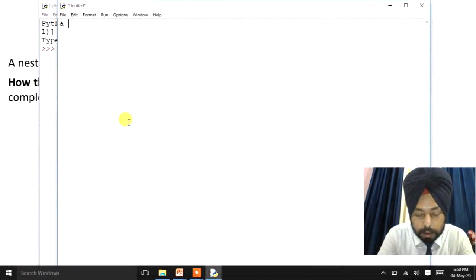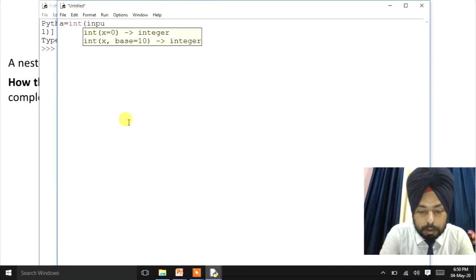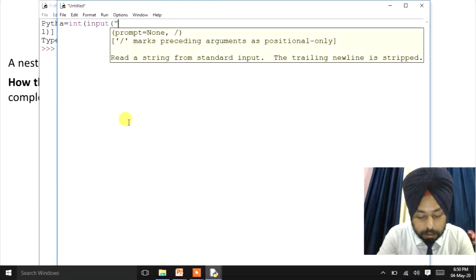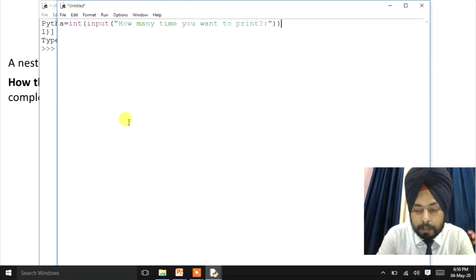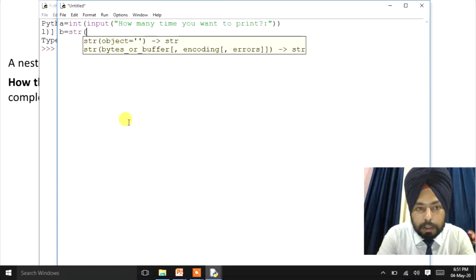Okay, a equals to integer, then input. Now we'll type a message here: how many times you want to print, right? It will be closed. Now we'll use b equals to string, we'll take the output of string, input.